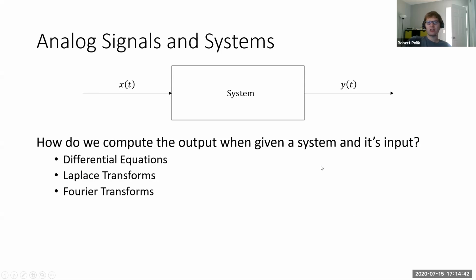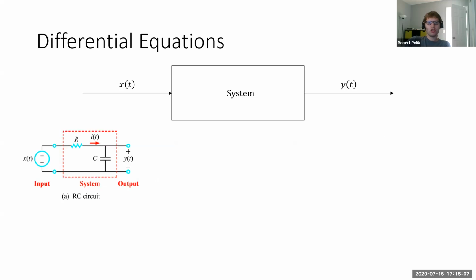So in terms of actually analyzing analog systems, and once again, we're still purely in an analog world, there are three different ways we can do this. We can use differential equations, we can use Laplace transforms, which hopefully you're somewhat experienced in, and as a third option, we can use Fourier transforms, which maybe you're less experienced in, but I assure you are very fun and exciting, so we'll get to those. But we're going to start with the differential equation.